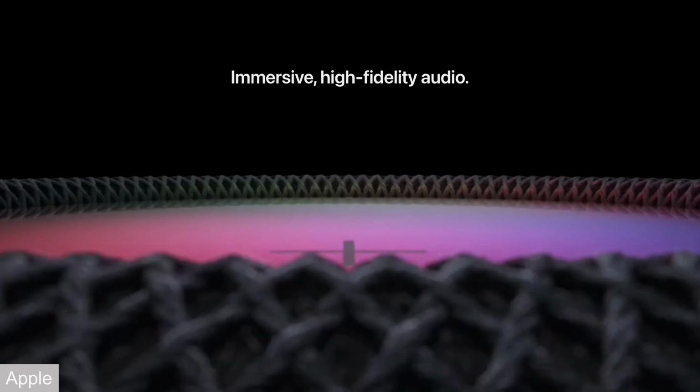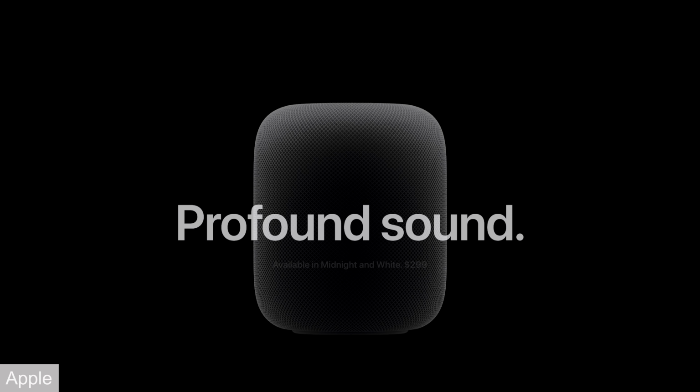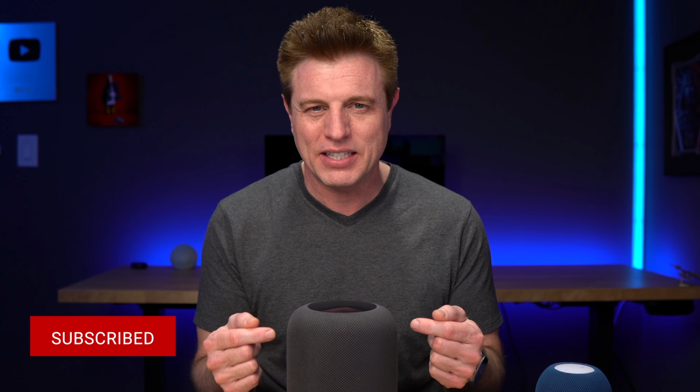If you already own one of the original HomePods, it may be tough to justify updating to this new one now. I know Apple over time is going to take advantage of that processor and bring features that maybe this one won't be able to handle. You do have the temperature sensor, you have that U1 chip, but until that gets utilized more, might not be a big update over this. I think it's really going to come down to sound, and I don't put it past Apple to surprise us with impressive sound. I am curious how this thing's going to sound next to this,